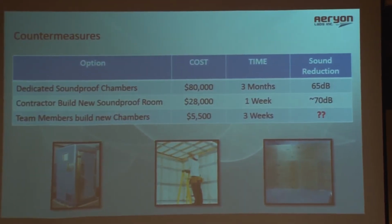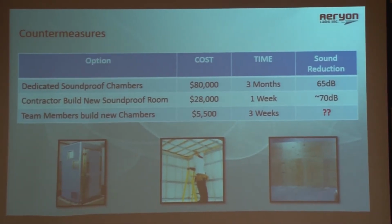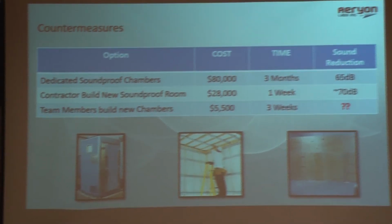The first is a dedicated soundproof chamber, similar to what you might find at a theater out there. This one obviously is very costly. It takes quite a long time to complete. The second option would be to have a contractor come in. You can see it's still very costly, a little bit quicker, but still very costly. And the third option, the one that we ended up deciding to go with, was to have some team members build a flight chamber in-house ourselves. So we did it, and here's